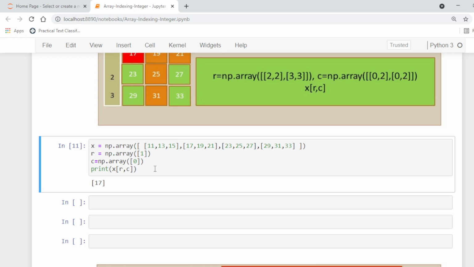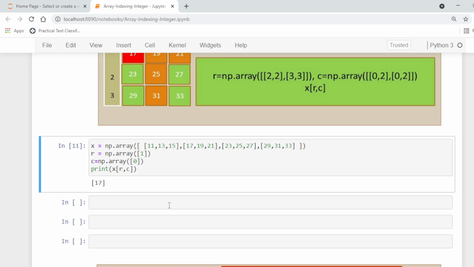It returns 17, because the 17 in the above array is stored at the second row and first column, the 0 column.